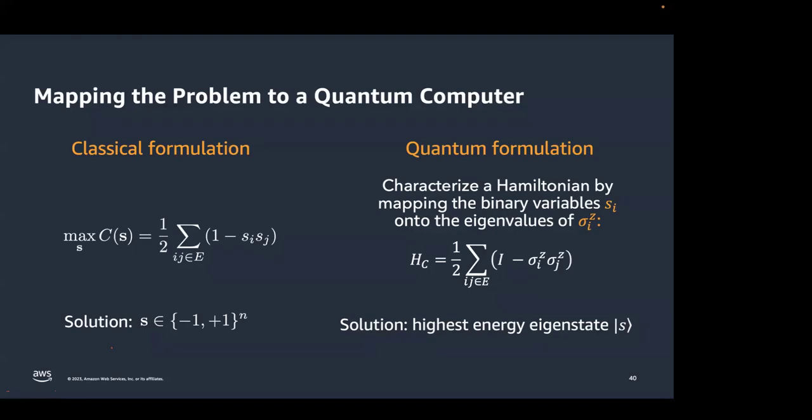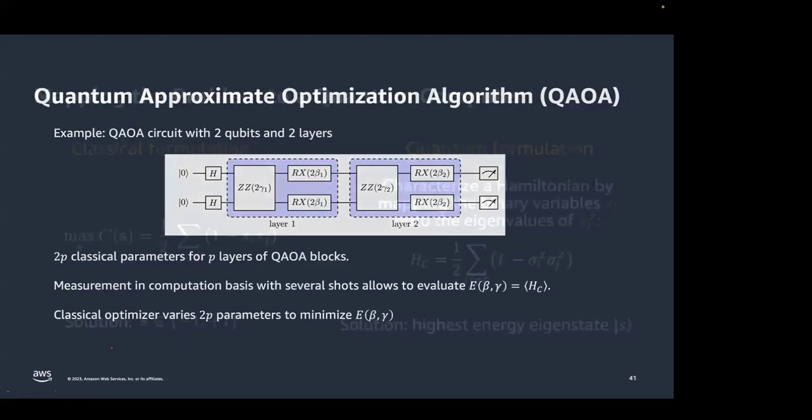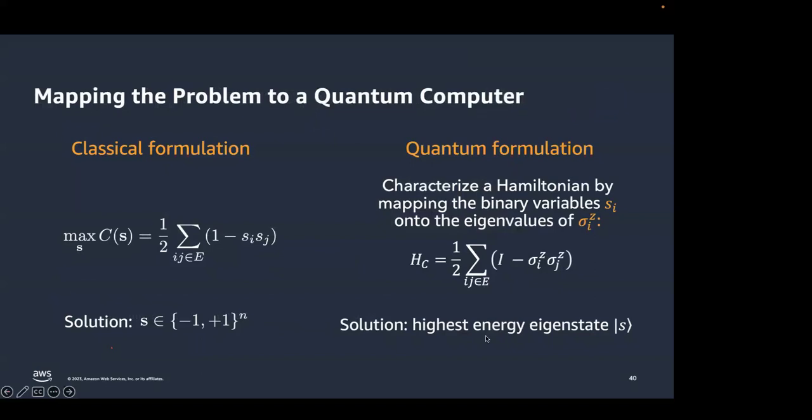This is the Hamiltonian, equivalent to the classical objective function. All we need to do now is find the maximum eigenvalue of this Hamiltonian, and the state that maximizes it.